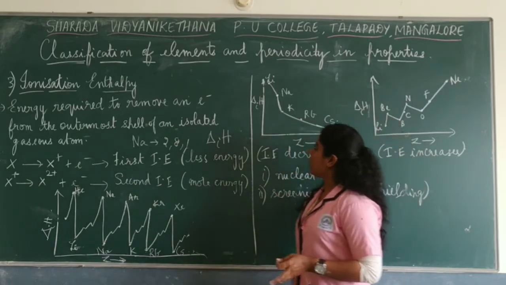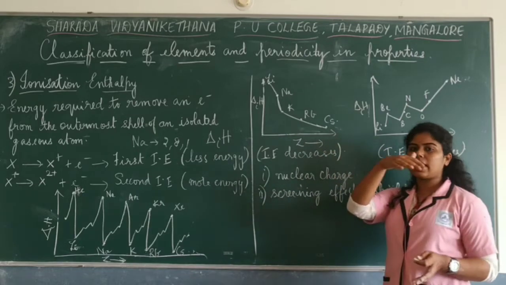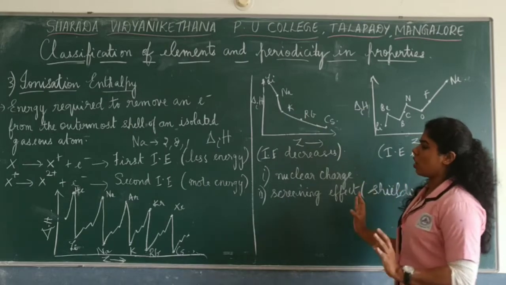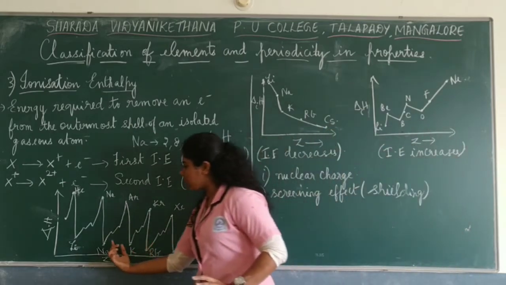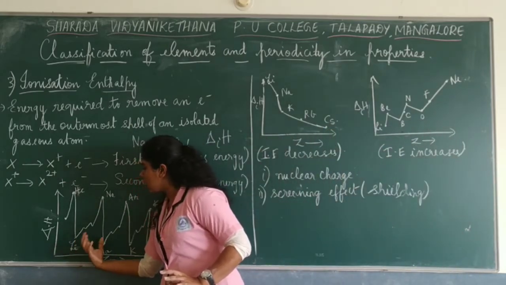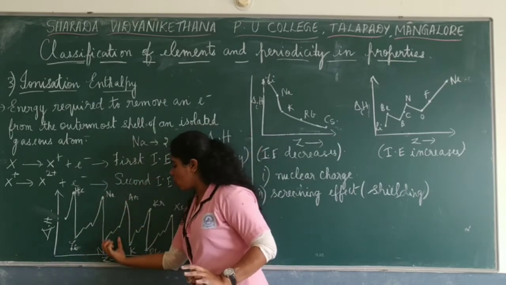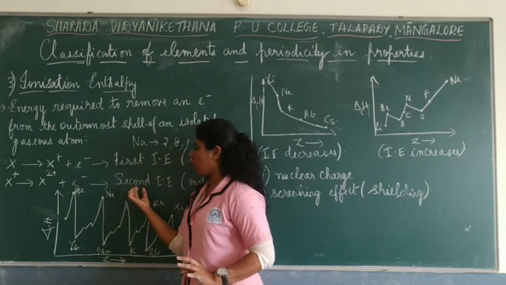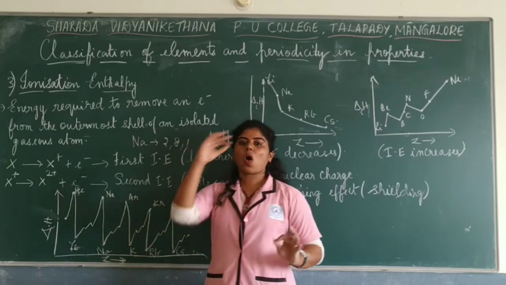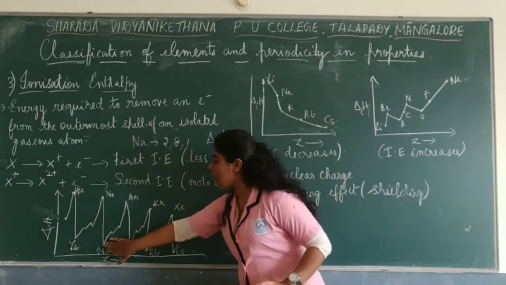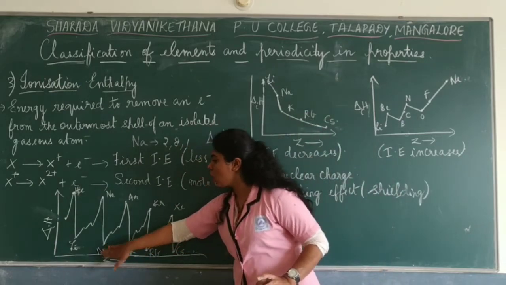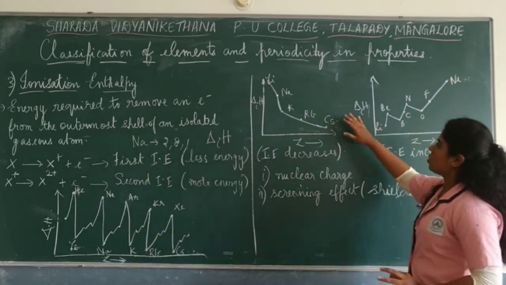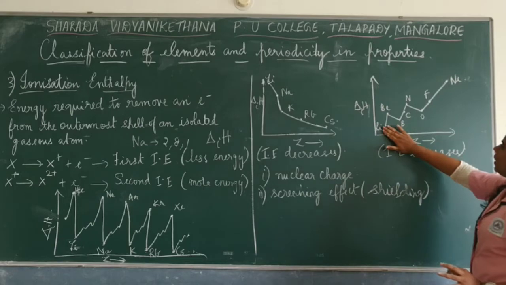Okay, so here let us see how it differs along the period and down the group. The variations, the trends along the period and down the group. Now, if you see this graph, once you start from an alkali metal, the preceding noble gas is obtained. Then you go to an alkali metal. So along the period, lithium to neon, then sodium to argon. All these are along the period. Now from the graph itself, you can say that from sodium to argon, the ionization enthalpy increases.